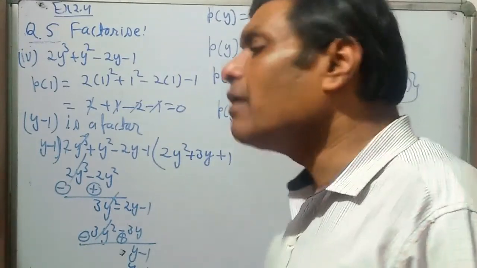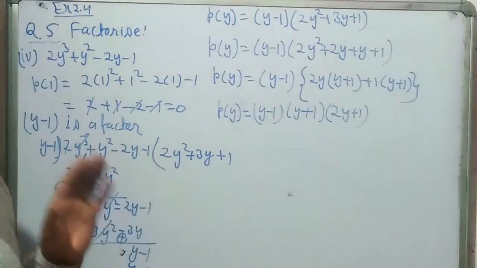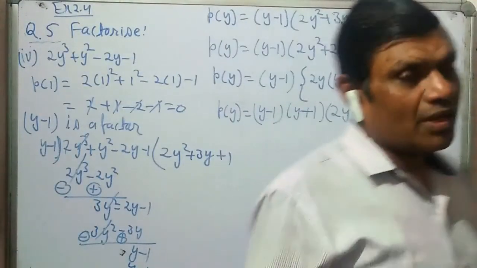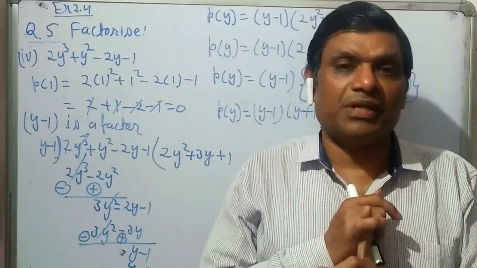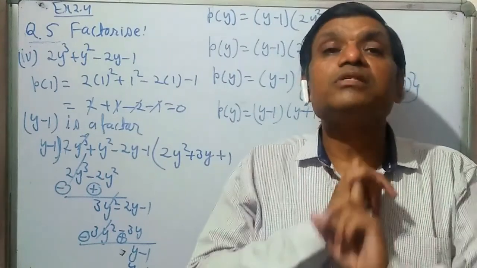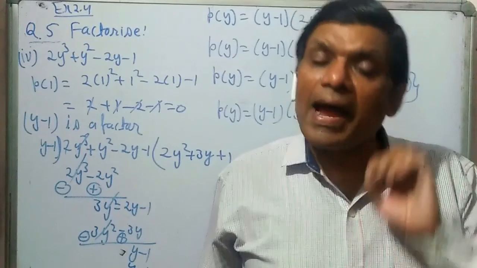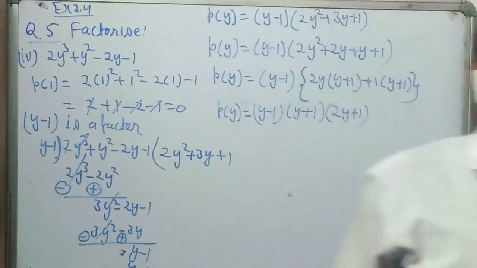So this way we are able to apply the factor theorem in most of the cases, and we have understood one thing very clearly, that whenever we are given a 0 of any polynomial, that 0 subtracted from the variable gives us the factor, and this correlation gives us aid to solve many such questions.